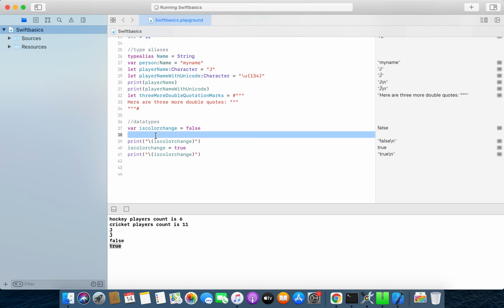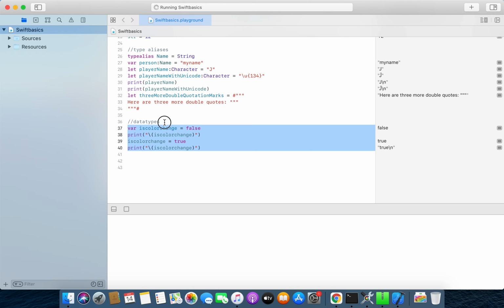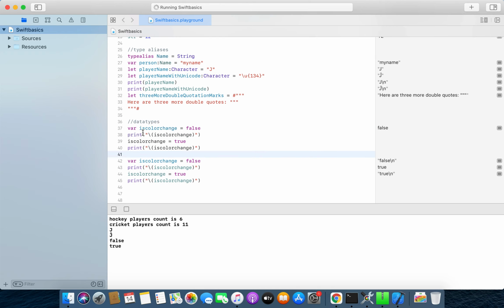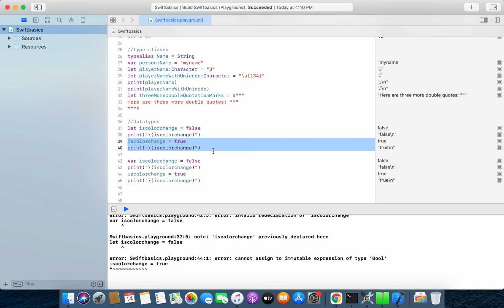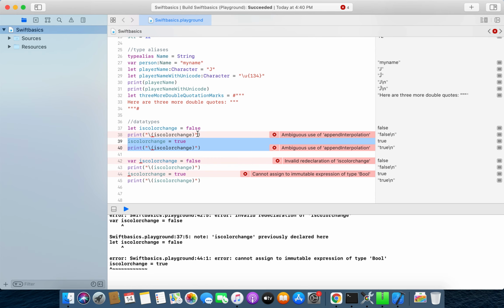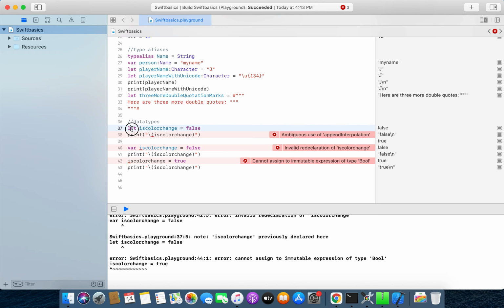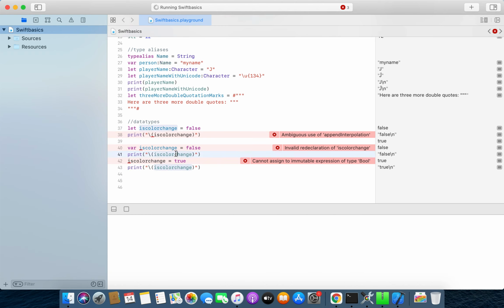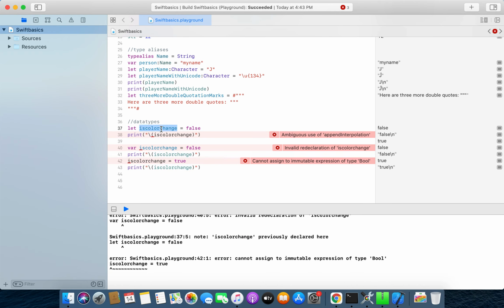So I have created a variable. I also created a constant in the first part with the let keyword. A constant cannot be changed. I will get an error if I try to change this value. Also, I cannot declare the same variable name two times.